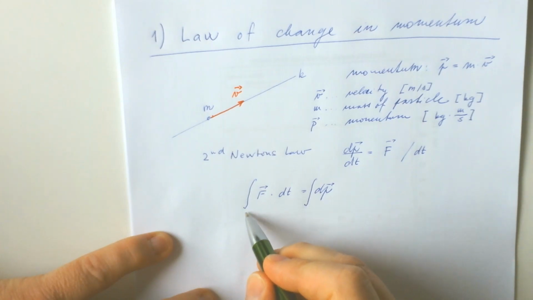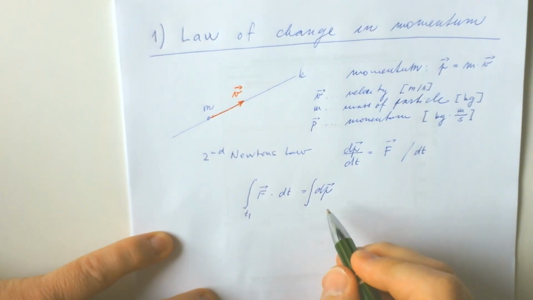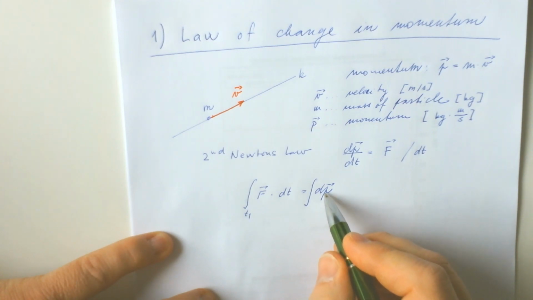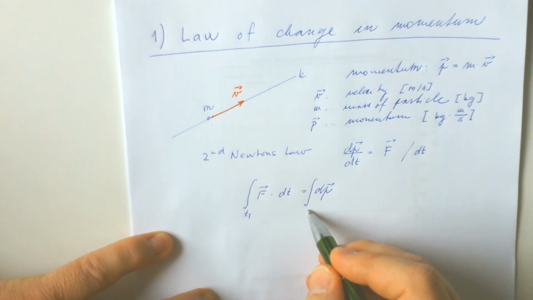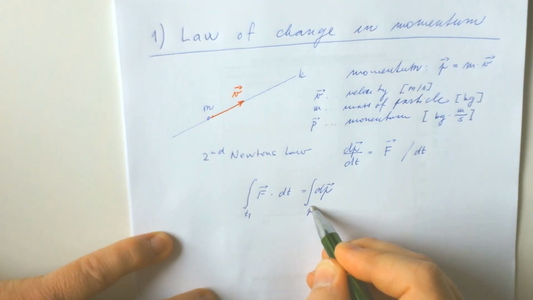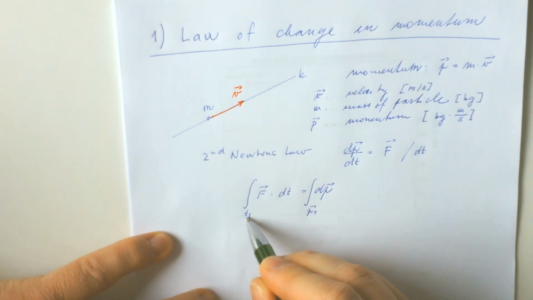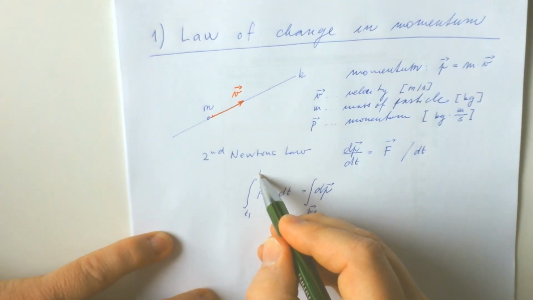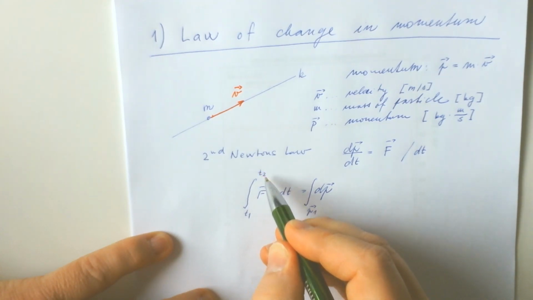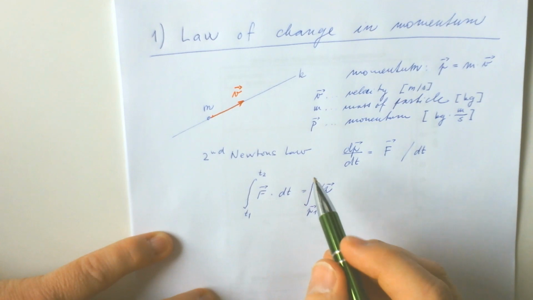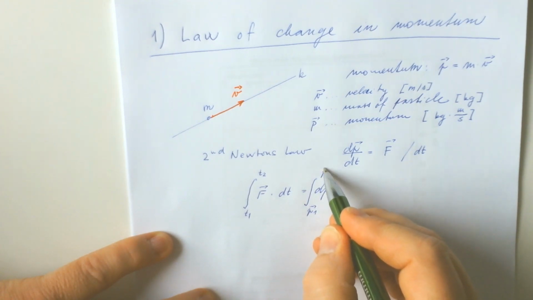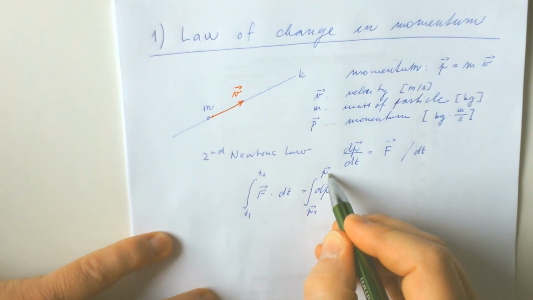So when time was, for example, time 1, t1, then momentum was some value, or that was a state of momentum in time 1. And if we consider that some process ends in time 2, it will end with momentum at the state